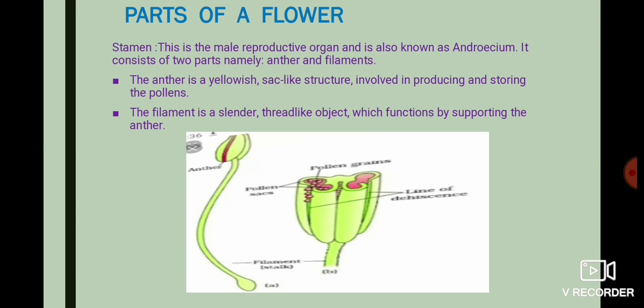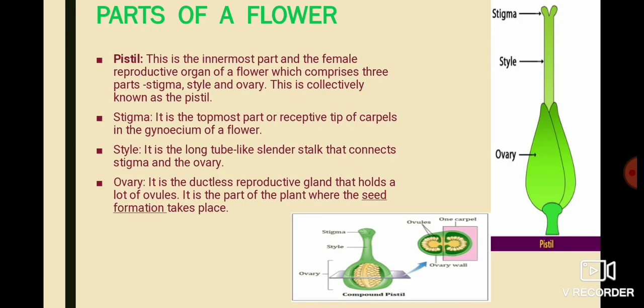Now come to your reproductive whorls, which is your stamen. That means it belongs to the part of androecium, the male reproductive organ. See, in this picture you can see in which portion pollen grains are formed, what is your line of dehiscence. Within pollen sacs, pollen grains are present. This is the filament, a stalk-like structure, and the upper head is termed as your anther. And within the anther only you get your pollen grains. And this is the next part of a flower, your gynoecium, which is your female reproductive part. Why female reproductive part? Because it bears your ovary.